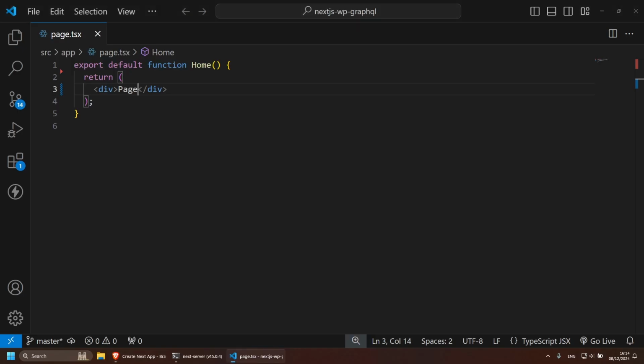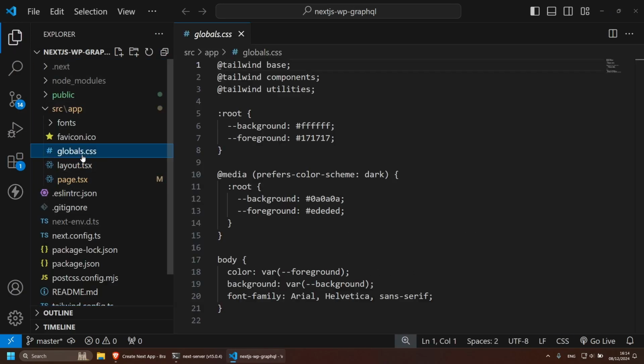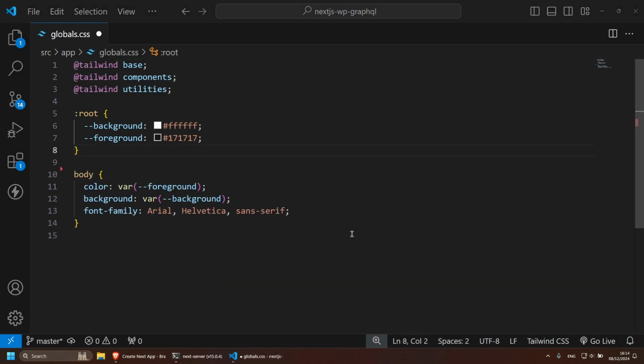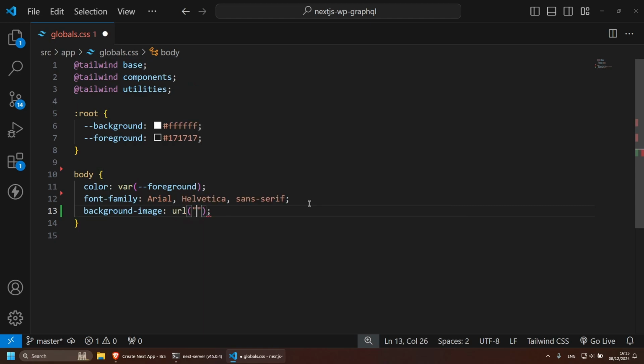That's all we want. And then if we close this, let's go back to the Explorer, click on global.css, and from here, let's remove the dark theme because I don't need this. And let's just add the background image in the body here. So I'm going to remove the background from here, and let's do background-image, and this is going to be URL, and then the URL is going to be /background